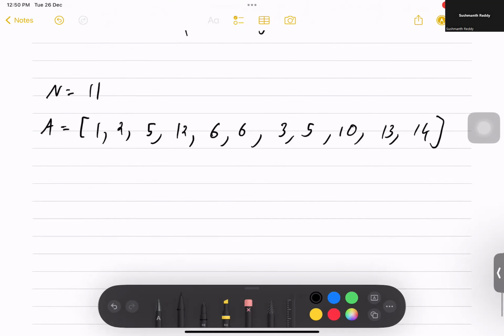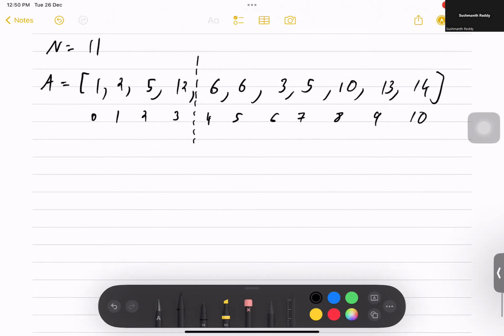So now let us number the indices. Zero-based, there are 0 to 10 indices. Now let us first find out the longest prefix which is strictly increasing. Now we know that this particular prefix is strictly increasing, right? So now, what are the combinations that we can have? First combination is